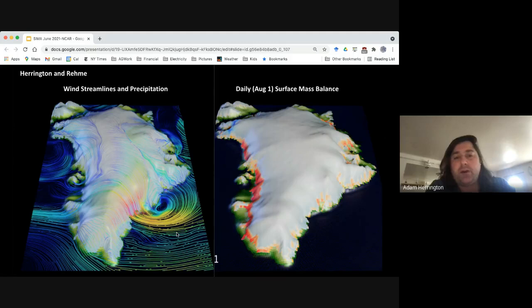And then on the right it really is showing how we're leveraging the high resolution to increase our ability to simulate the surface mass balance of the Greenland ice sheet. The red is a snapshot of melting rates at a particular day, and you can see the ablation zones are very narrow, so the high resolution is needed to capture that, and we've done a pretty good job with that. I'll be talking more about all the work that we're doing with these grids next week in the SIMA